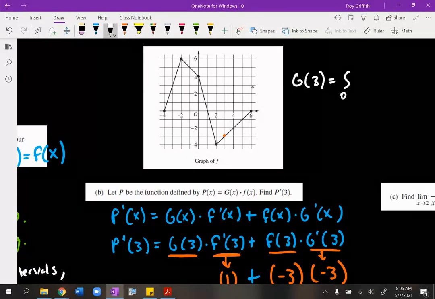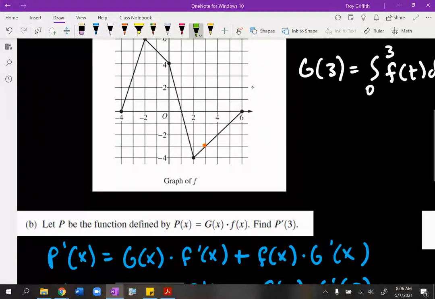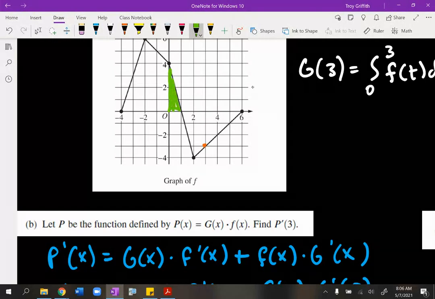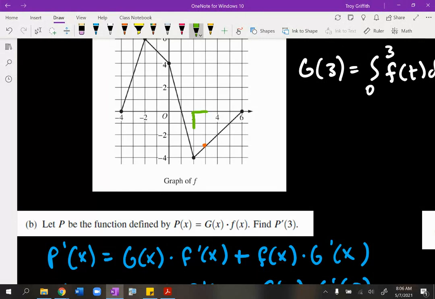based on the function they gave us earlier, area under the curve from 0 to, in this case, from 0 to 3 of f of t dt. So we really need to find the area under the curve right here. You'll notice that we actually have a positive triangle here and a negative triangle here that are equal sized. So those are going to cancel each other out, and really all we need is the area of